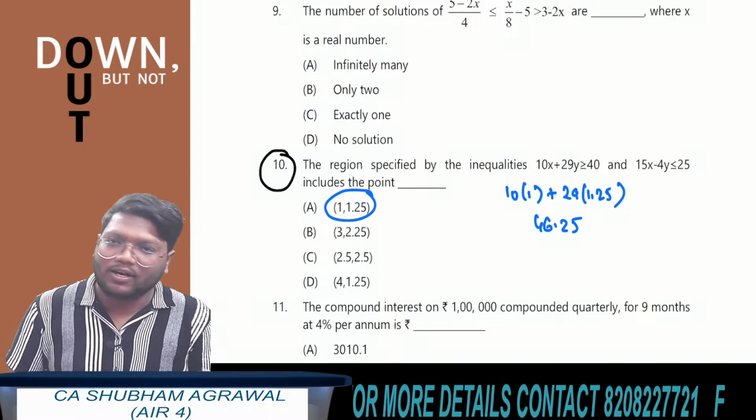1 comma 1.25 satisfies both the inequalities. We can choose option A as the answer. Okay, all of you have understood this? Very good. Now